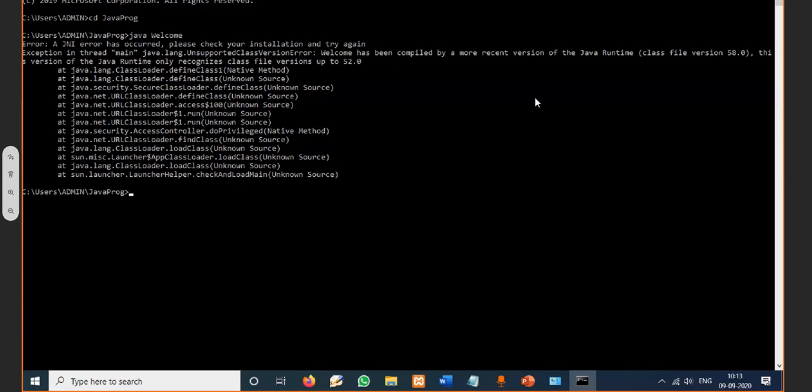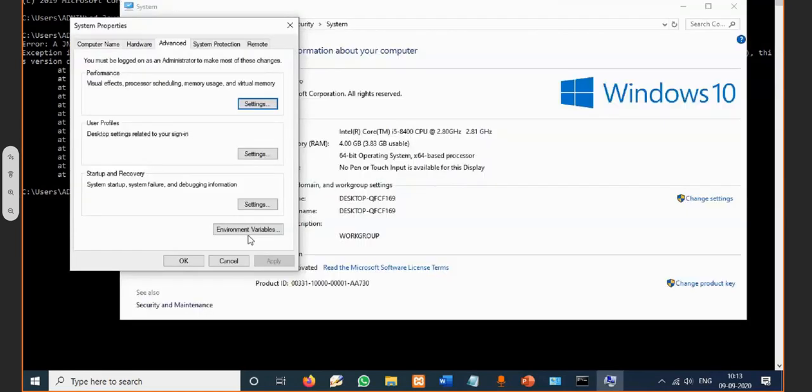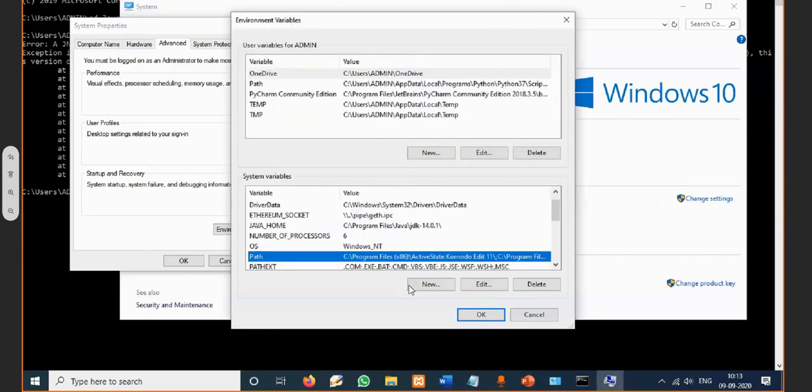Because of the path variable I am using in this environmental variable, when you go to the path and edit, here this Java program files, one more is there, no, here. It is also using the same Java interpreter. So for that reason,